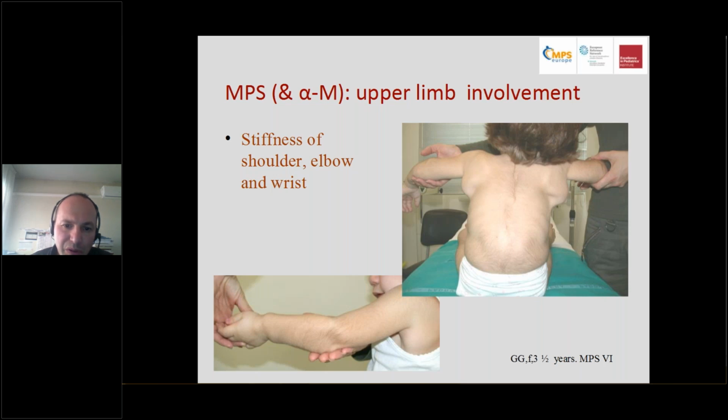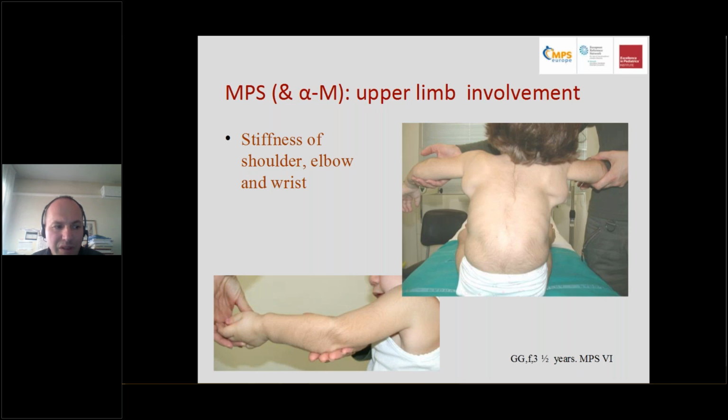The stiffness, we already talked about the stiffness, but I would like to underline that the stiffness is severe. If you look deeply into this picture, you can see that the real abduction of this young girl is no more than 45 degrees, and she is aged only 3.5. And there is a wide compensation between the scapula and the thorax. So the appearance is that she opened the arm 90 degrees, but in reality, the real movement of the shoulder is no more than 45 degrees. And there is a stiff elbow, a stiff hand.